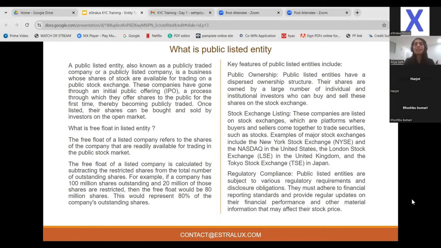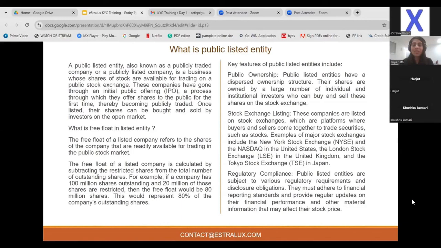When I form a company and want to make it a public listed company, I have to go through an IPO, which is known as an initial public offering, a process through which you offer shares to the public. To reach that stage and become a listed company, you need any number of things and policies to be done. So people actually dream of doing their IPOs.